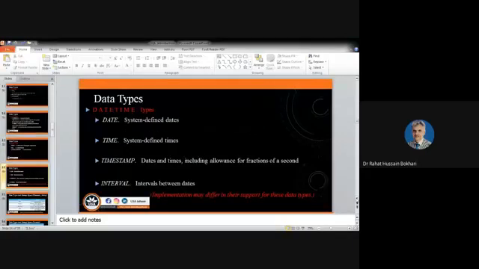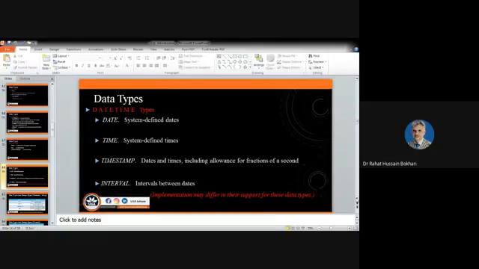Date is a data type, time is a data type. Timestamp is a data type; it takes both date and time and fractions of seconds. There is also an interval data type. So these are the data types being used in different RDBMS products. Just keep in mind that the implementation and support of these data types may vary from product to product.